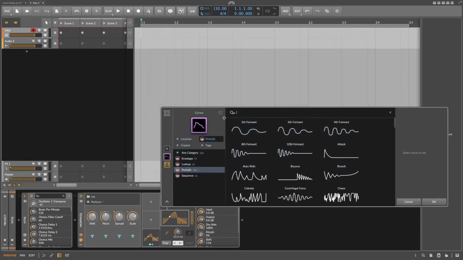But if I click here, it's going to open up a library, and this curves modulator uses the new Bitwig curve file format, which is only going to work with these. So you can't import WAV files or anything like that. But if you do want to import WAV files, they also have a wavetable LFO that you can import WAV files into, and